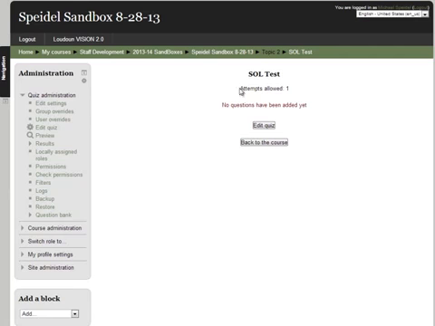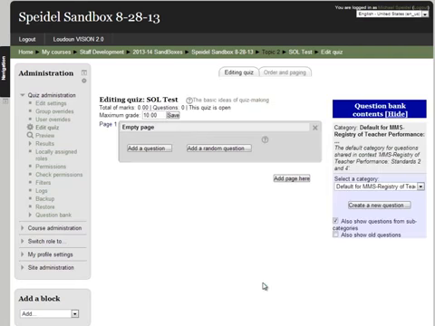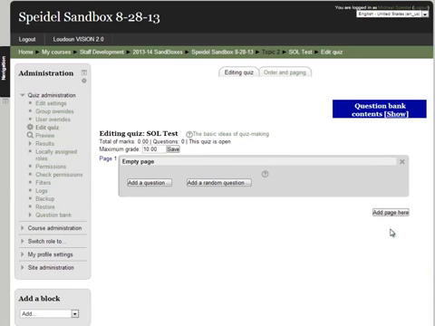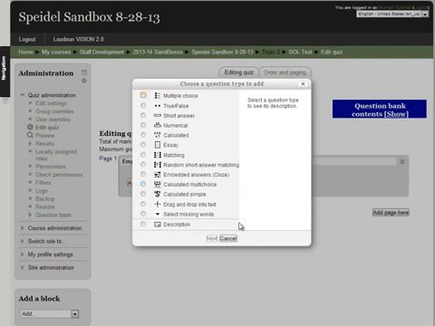One thing to note, though, you notice right here it says only one attempt allowed. I've set it so it only allows one attempt for each student. So I go ahead and click Edit Quiz, and I take it to a screen that looks like this. Typically when you load the screen, it's going to look exactly like this right here. And if you want to add a question, you simply click on add a question, and there's a number of